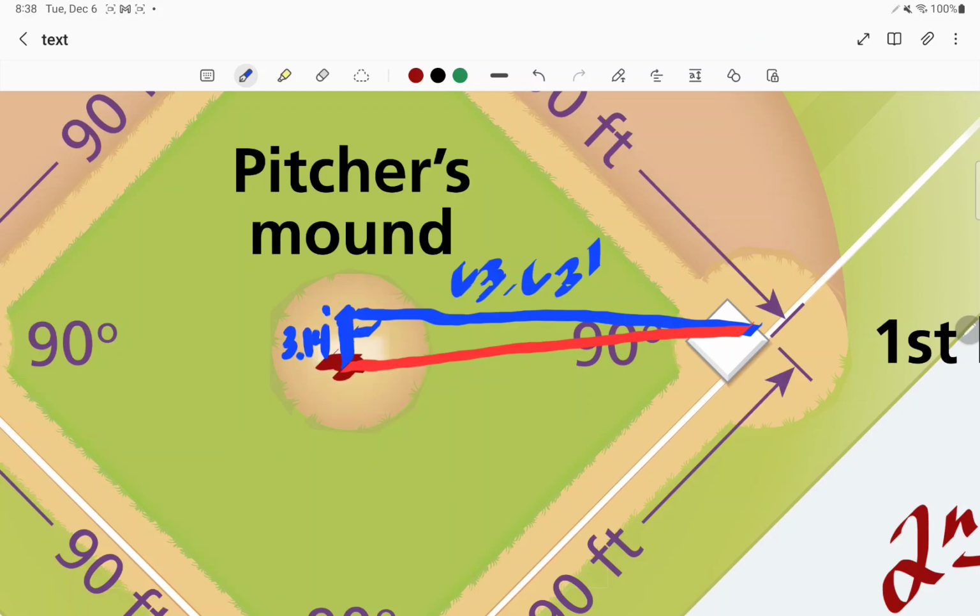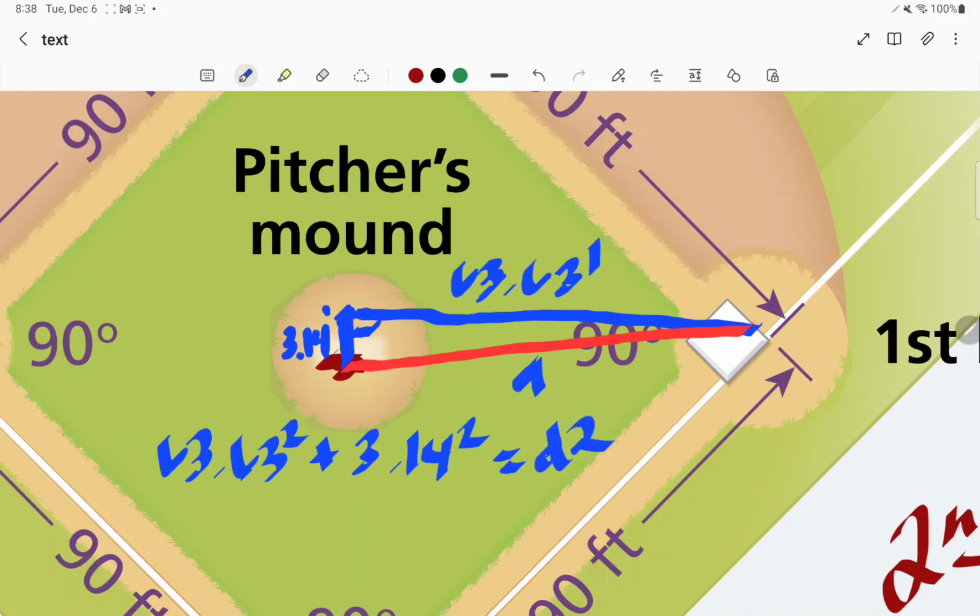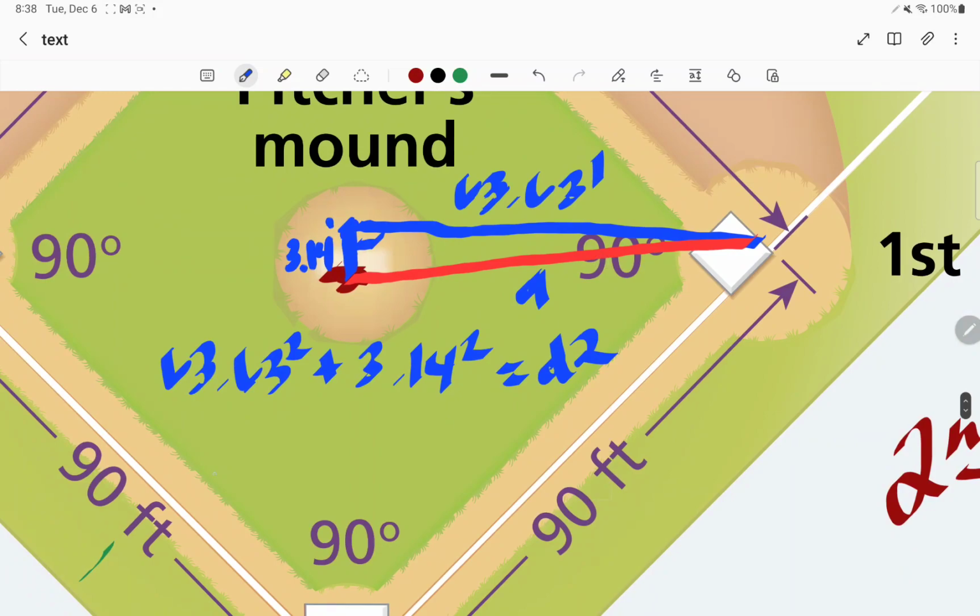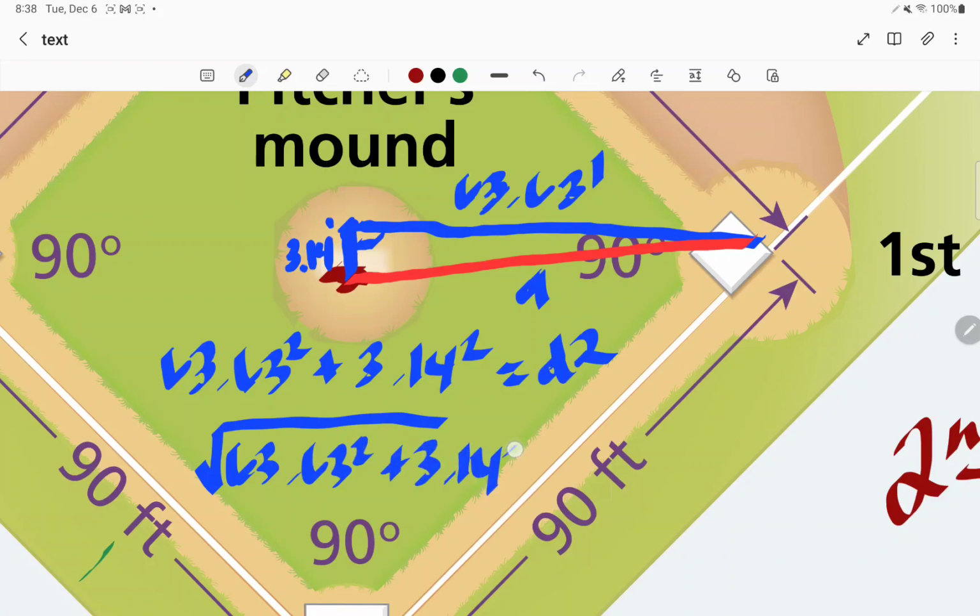Now we have a right triangle and we know the two legs, so let's set up our Pythagorean theorem. So you'd have 63.63 squared plus 3.14 squared is equal to, if we say this is d, d squared. And so d is going to be the square root of 63.63 squared plus 3.14 squared. That gives us our distance. And so we should have a distance of about